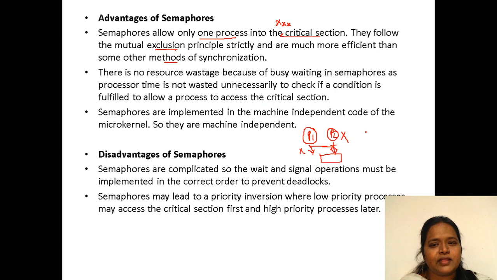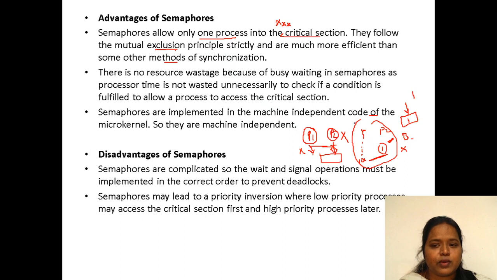And bounded waiting means, if the P1 process is executing 100 times and the P2 process has only executed a single time, this is bounded waiting. Why? Because the P2 process keeps on waiting, but the P1 process is doing its task. So this also should not be entertained. Mutual exclusion means only one process should enter into the critical section.